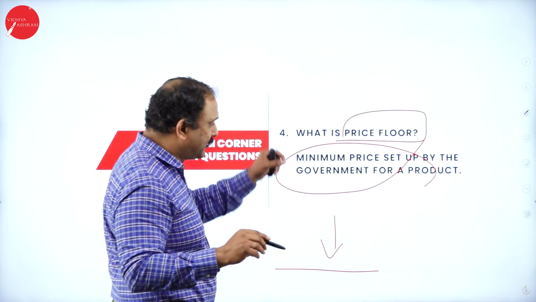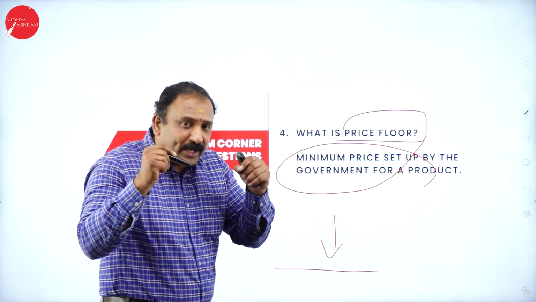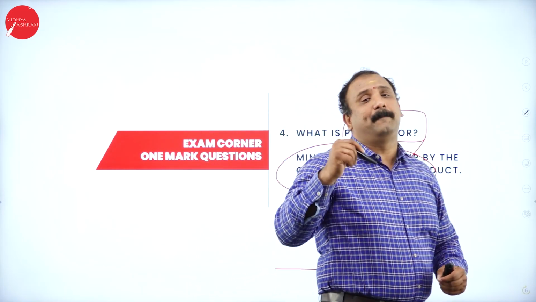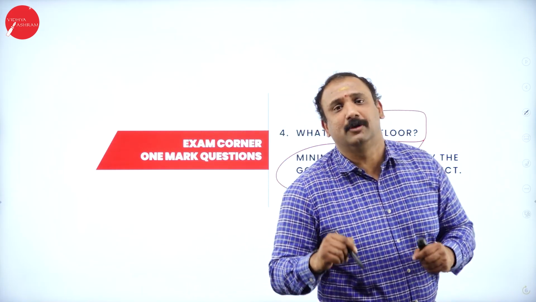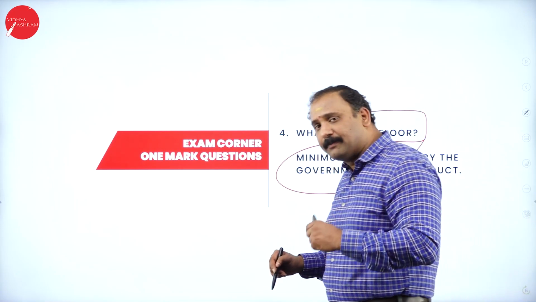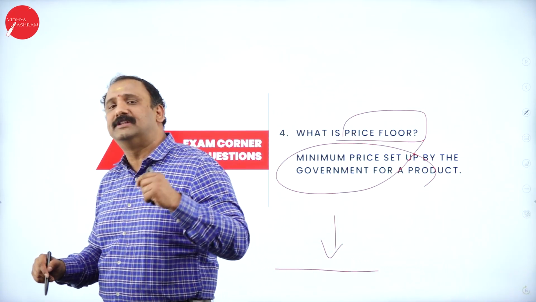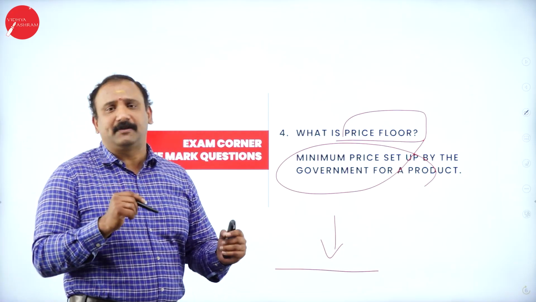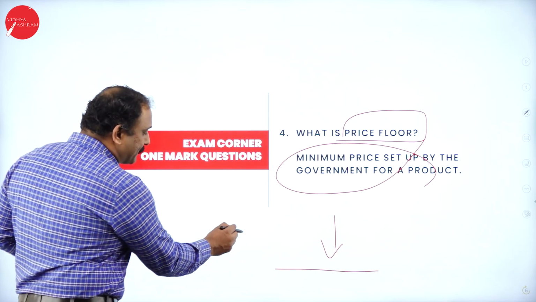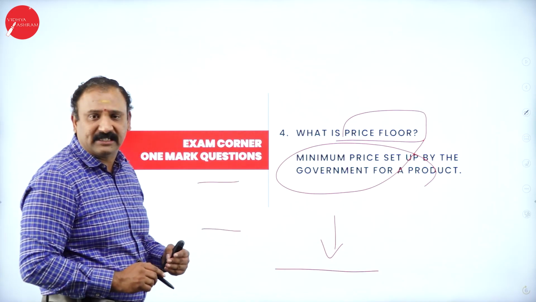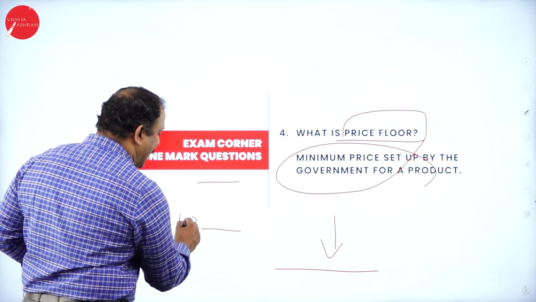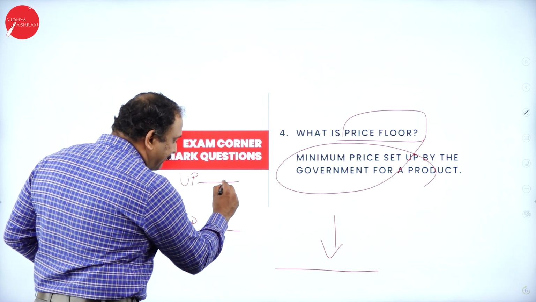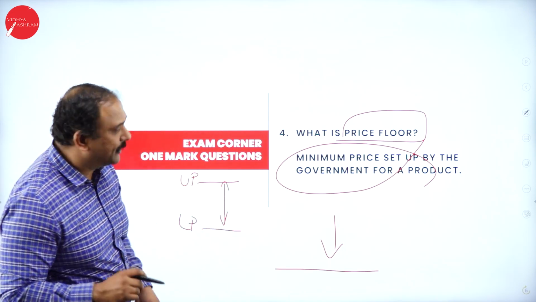Now, what is a price floor? It is exactly where the government says that you cannot sell below this price. That's where we bring in the price floor mechanism. Price floor means that you will not be able to go below this value at any given point of time. So this makes the market more stable. So there is a lower price that has been fixed and an upper price that has been fixed. Let me put it as LP and UP, lower price and upper price. So the product can only shuffle between these levels altogether.